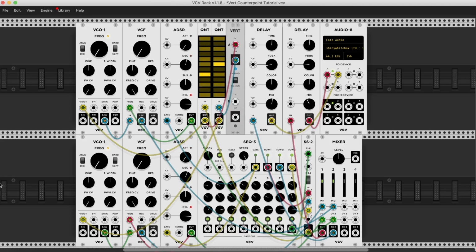Hopefully this tutorial gave you a few new tools to experiment with when writing harmonies in VCV Rack, but the